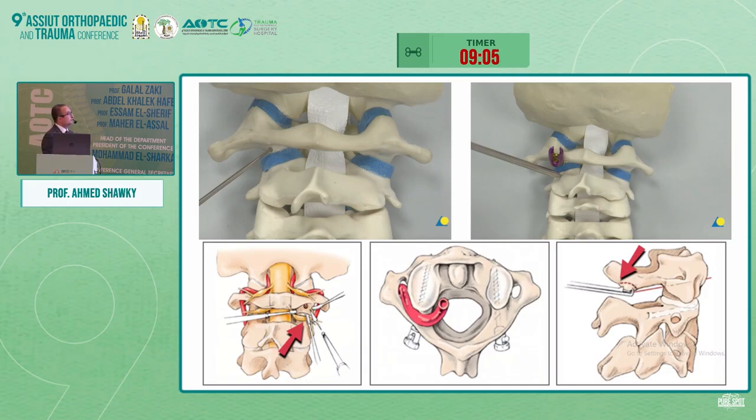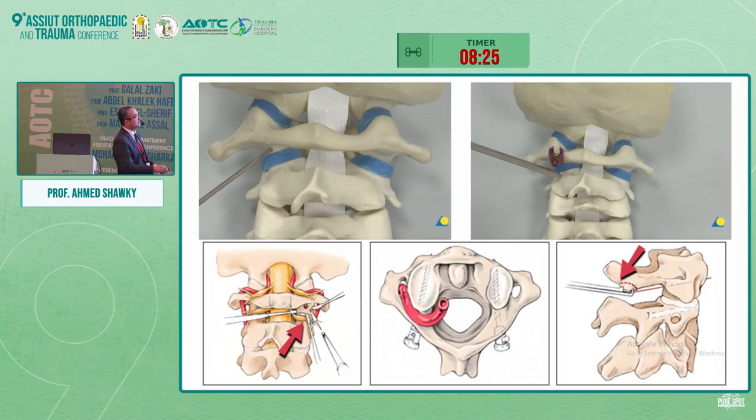This is the entry point for the C1 direct screw. Actually, we tend to have 5 to 10 degrees inclination to the midline convergence, and your direction in the lateral trajectory is controlled completely with fluoroscopy intraoperatively. And this is the standard entry point. As Dr. Ahmed Saleh mentioned, if you have a ponticulus posticus, sometimes you go through the arch. The standard entry point is below the arch, and sometimes you have to remove a very small fragment of the posterior arch